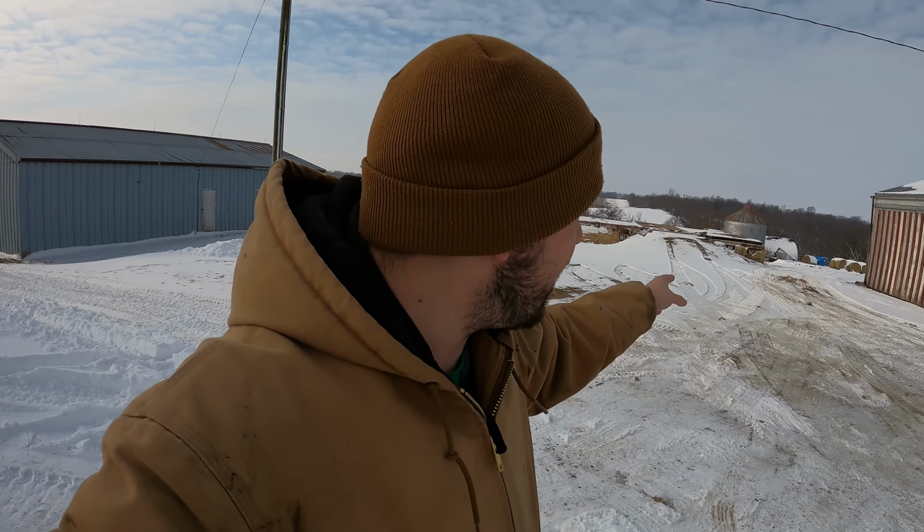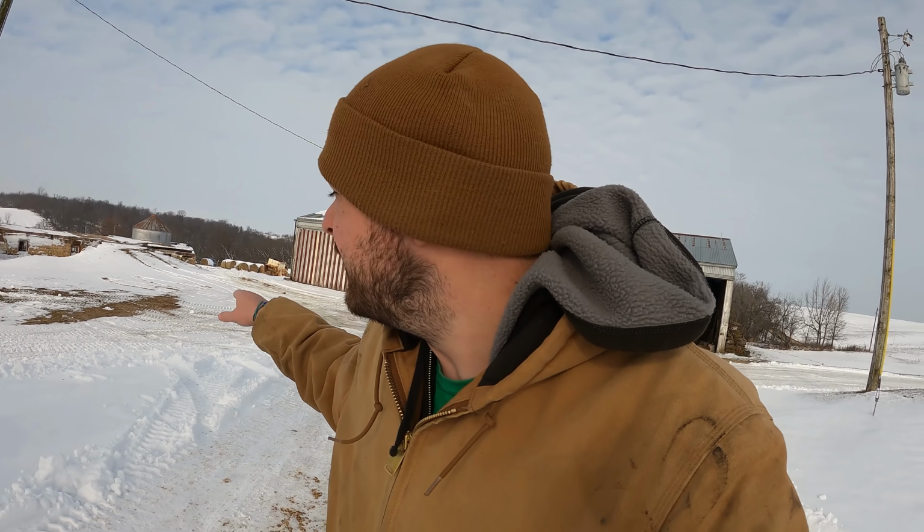They're sitting down there. We are also going to bring out the fencing supplies and go down into the steer lot, because there is a spot on the fence down there where the neighbor's trees fell down and completely destroyed the fence, basically. I already picked it up with the JCB before the snow started, so we don't have to worry about going down there with the JCB and pulling out trees. However, the fence is still broken, so we need to bring out the fencing supplies, fix that up, and then I don't know if it's going to get done today, but I also need to finish running the electric fence